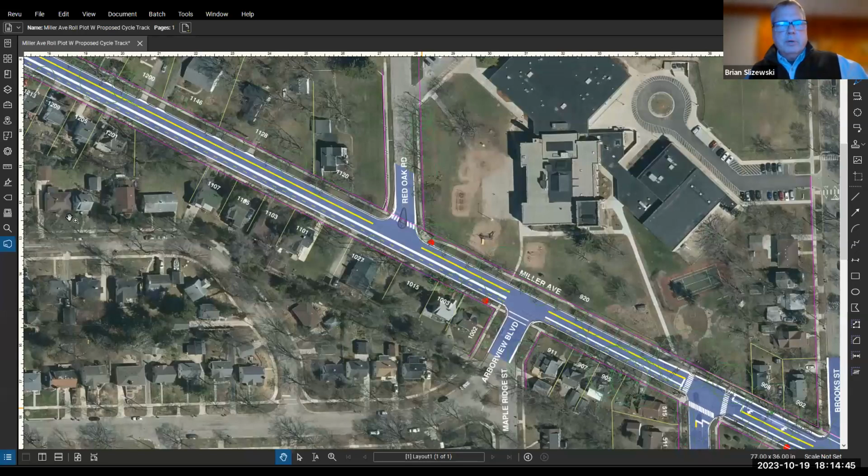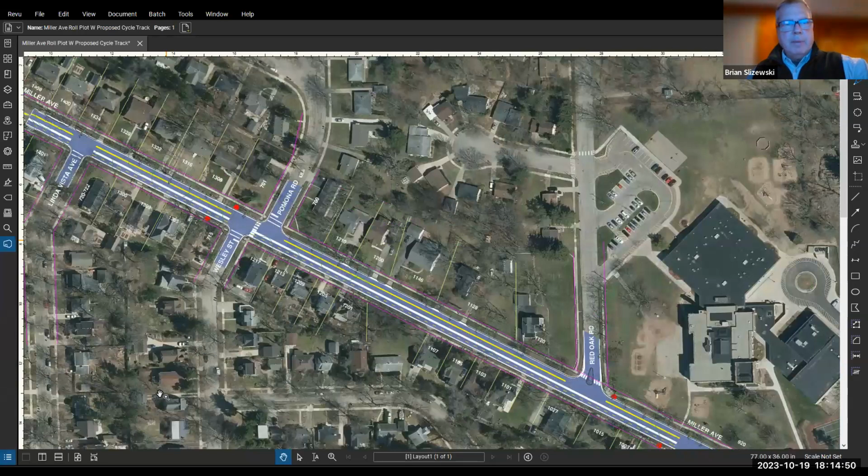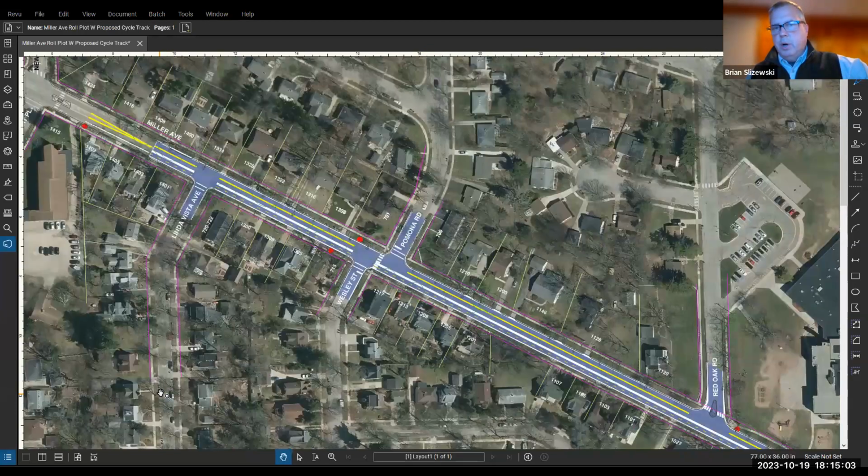So certainly a priority is to be able to accommodate pedestrians. That's actually good there because it goes up to Pomona. We want to be able to accommodate pedestrian traffic going to Ann Arbor Open School. And one of the things that's important for the pedestrians is to provide access to cross from the south side of Miller to the north side. But unfortunately, right at the school currently, there are no pedestrian crossings.